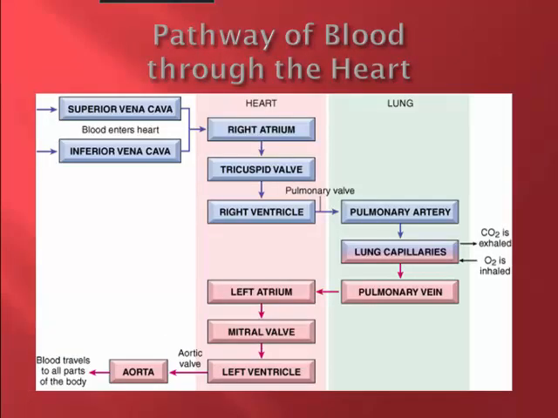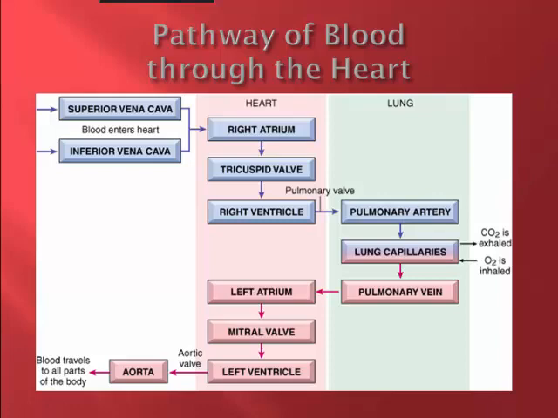This picture just depicts the blood flow in a more diagrammatic fashion versus anatomical. So the left-hand column is your body, the middle column is your heart, and the right-hand column is your lung. Blood comes from the body to the superior and the inferior vena cava, where it goes to the heart, and it enters the right atrium. It goes through the door of the tricuspid valve to the right ventricle, goes through the pulmonary valve where it hits the pulmonary artery, and all of these are depicted in blue as